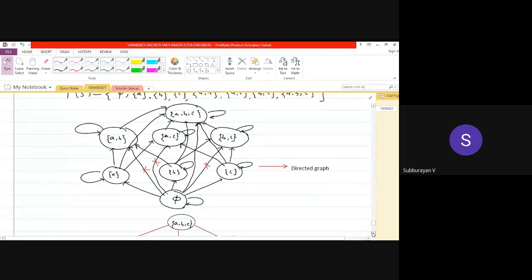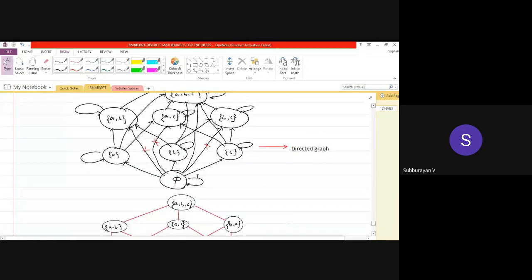See, the Hasse diagram is very simple. First, we have to remove all self loops at all nodes. Second thing is, if there is any edge due to transitivity, we have to remove that edge. See, for example,